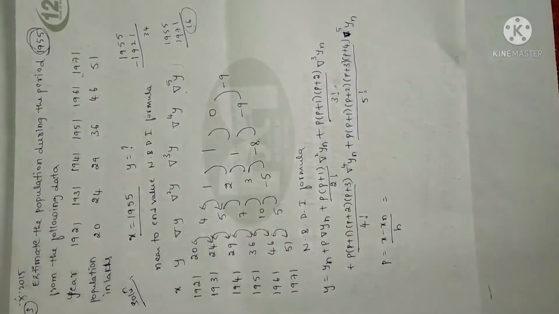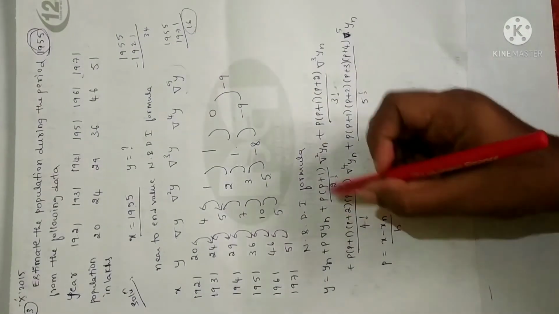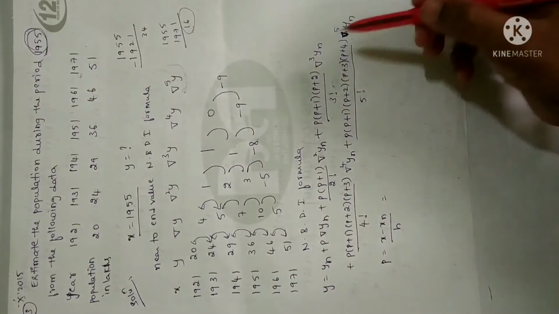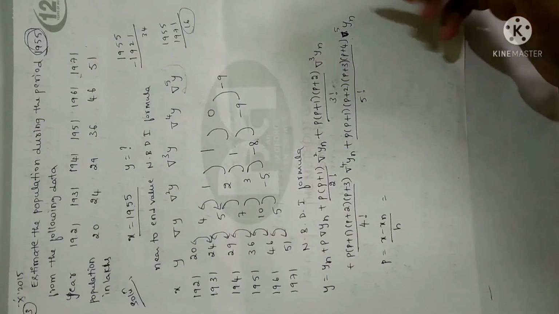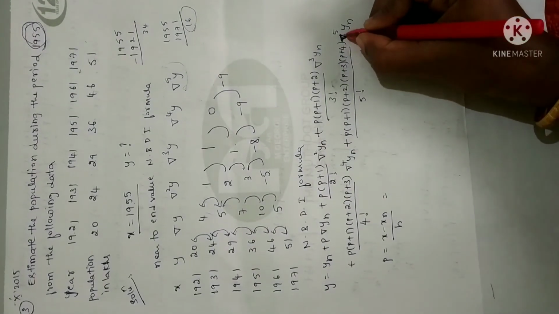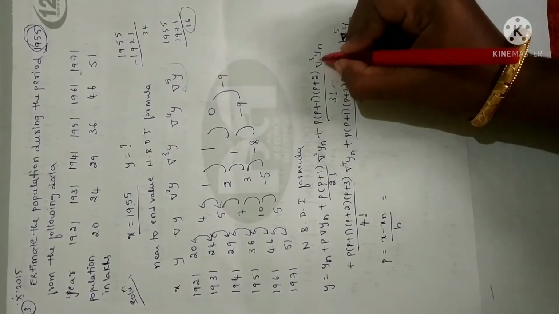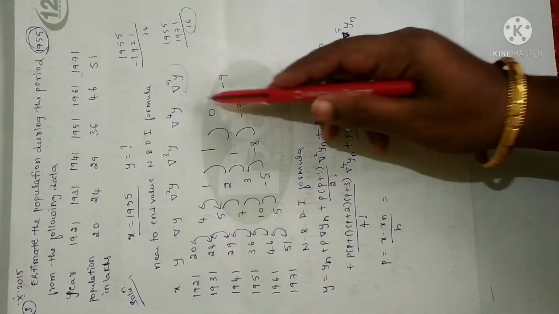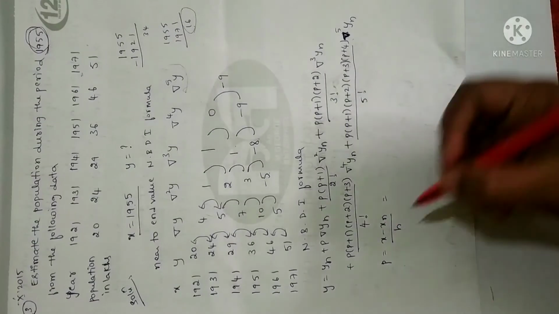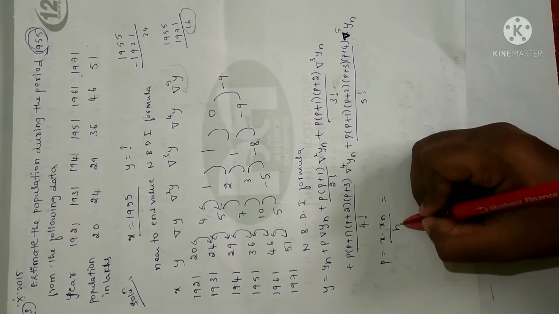So let me write the formula. I have written the formula up to delta power 5 yn, because we don't have delta power 6. Moreover, we have all non-zero values. Remember, it is reverse delta, the backward difference operator. You have to write reverse delta. Even if you write the usual delta, the entire meaning will change. So p is x minus xn divided by h.